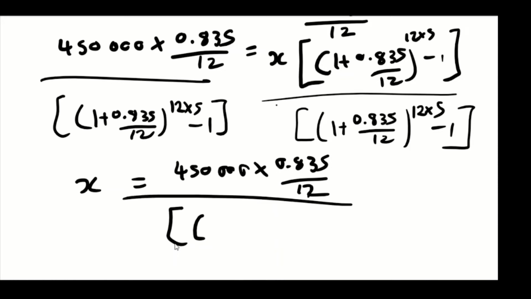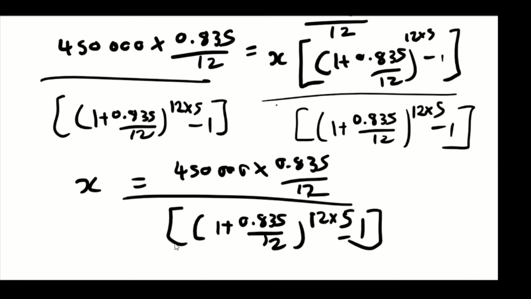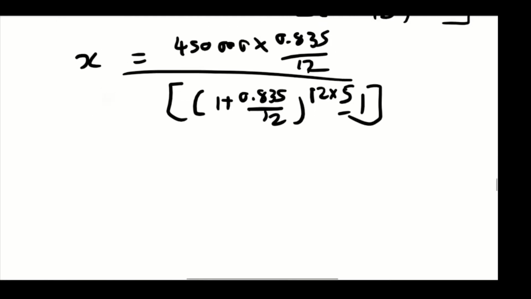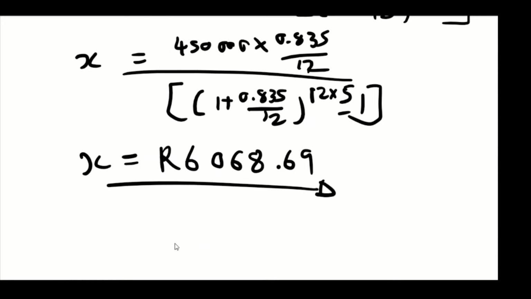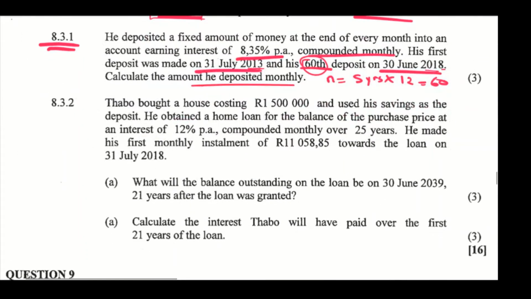Divide by 1 plus 0.835 over 12 to the power of 12 times 5 minus 1, right? So the monthly payments rather, is going to be 6,068.69. So this is the monthly deposit into the account. We're going to do